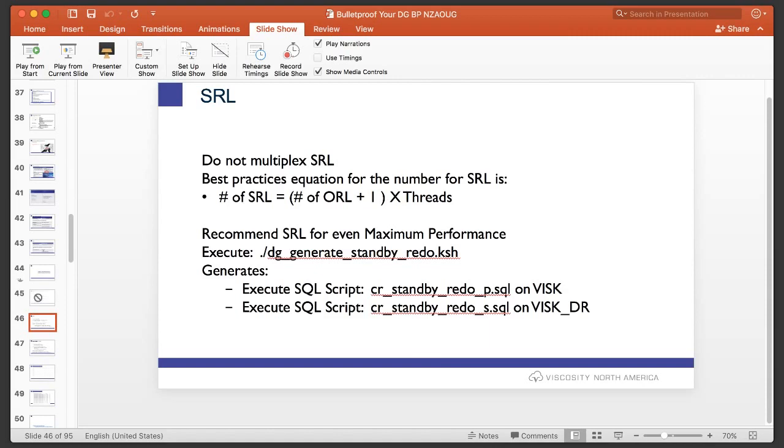You want your standby redo logs to be the number of online redo logs plus 1 times the number of threads, right? What that basically means is that if I have a 2-node RAC and I have, let's say, 5 online redo logs, that means I'll have 5 online redo logs for each node, which means on the primary, I have 10 online redo logs, right? I'm going to have 12